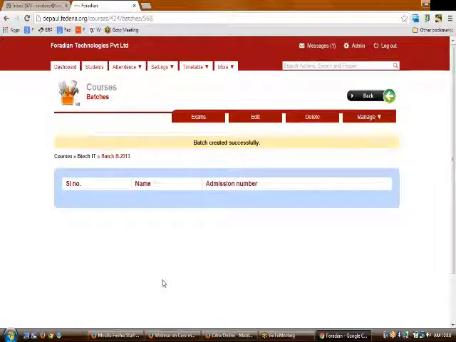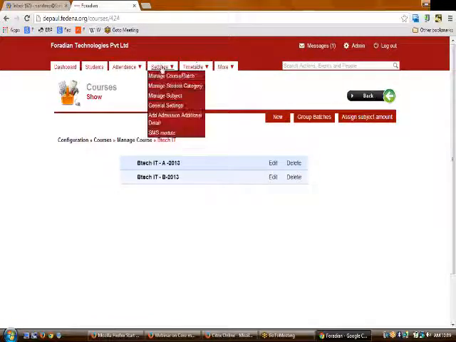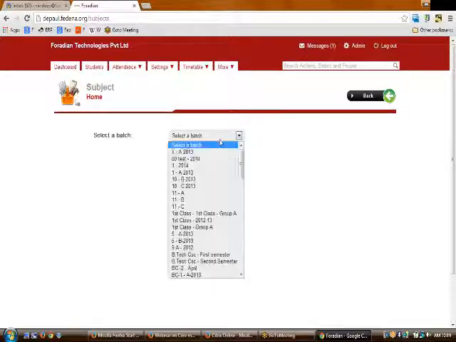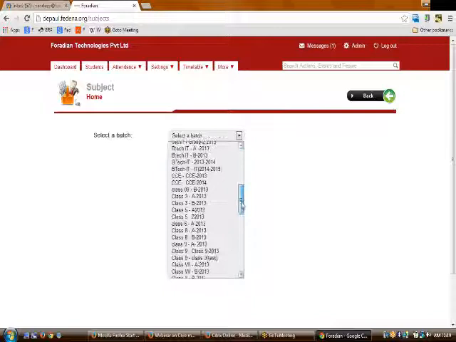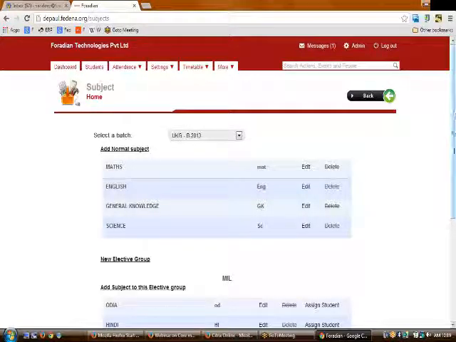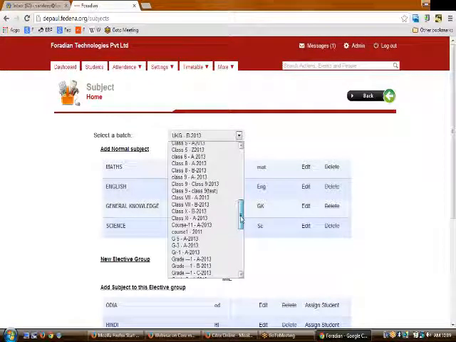Now once this is done, the courses are made, the batches are stuffed into it. Now if you want to create some subjects for your batches, you can just go to the settings part and then manage subject, and in manage subject you need to select your batch. Like let us say I have this batch UKGB 2013. So now on selecting this batch, or let us say the batch that we have created, we will be going into that particular batch with the name